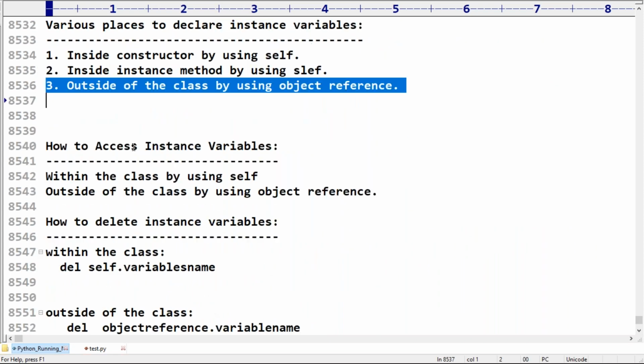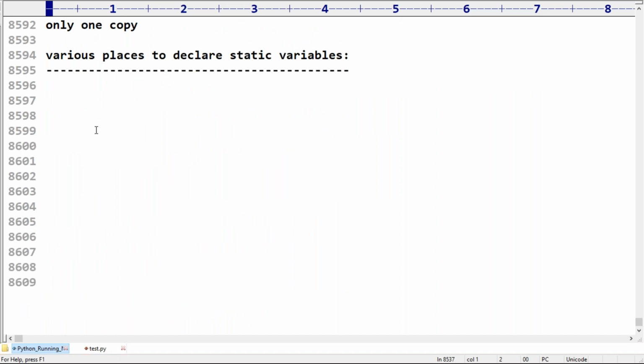But where can we declare a static variable? Simple, we can declare it anywhere. Multiple places are there, friends.